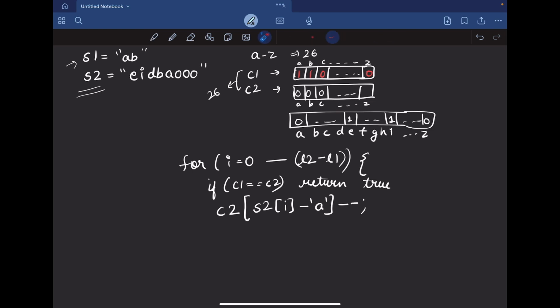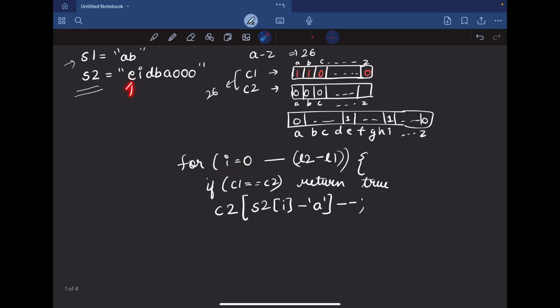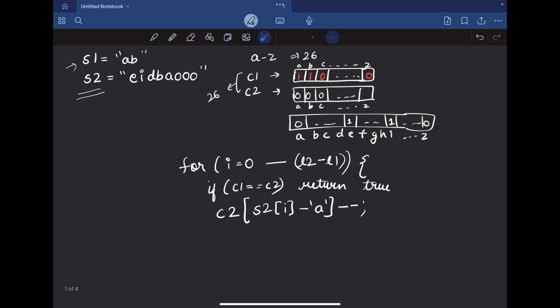So when we started our loop, we are at index i equals 0, which is this index. And when we are considering our next substring, that time we have to remove the first element, which is E, right? And our i is also pointing to this element. So basically, i would always be pointing to the first character in the substring that you are considering right now. So that's why we are considering S2 of i here.